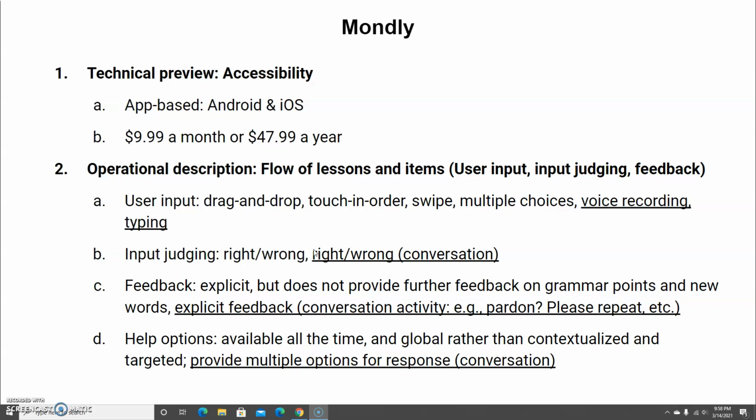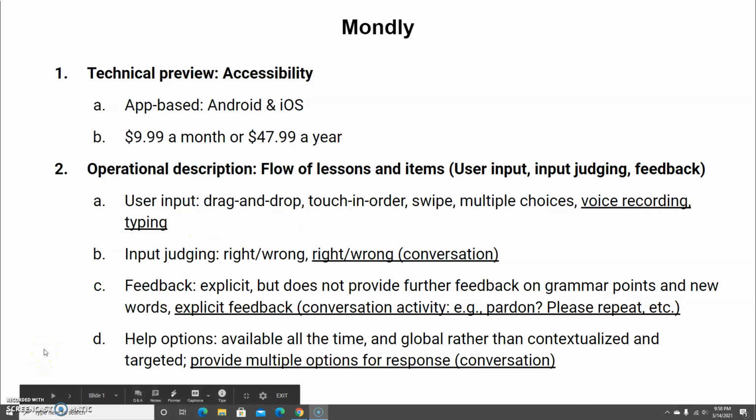In the chatbox activity, it provides multiple options to respond to the initial utterance, but it does not provide any other information about cultural context or why particular phrases or idiomatic expressions are appropriate or not appropriate for this conversation. Okay, so